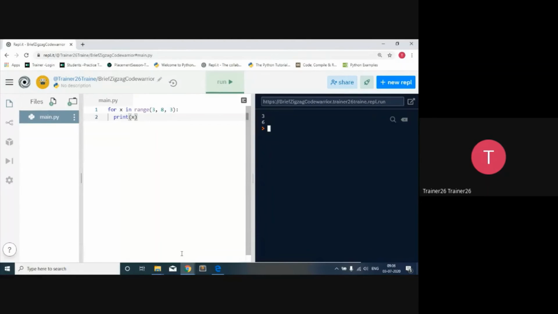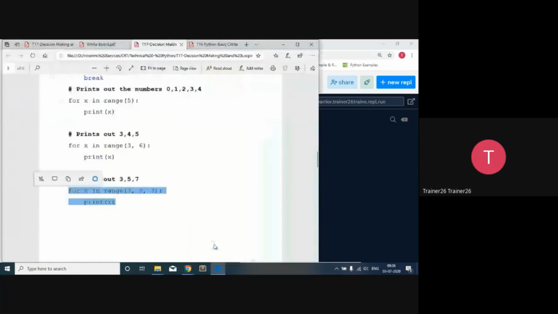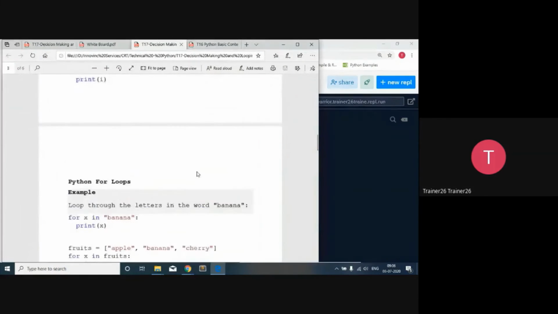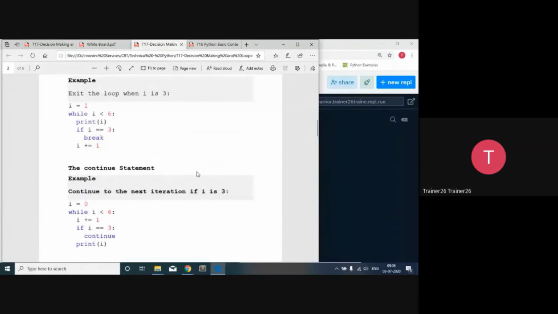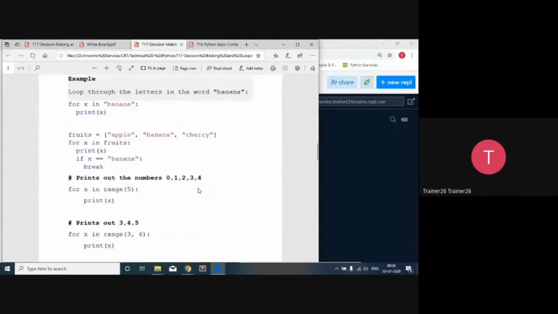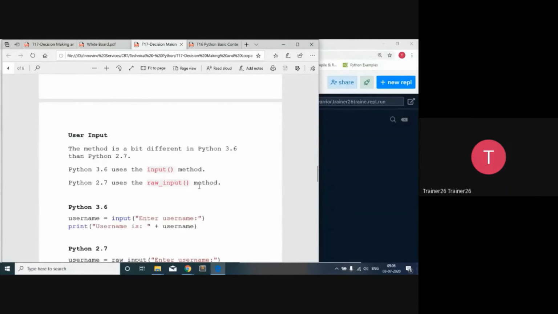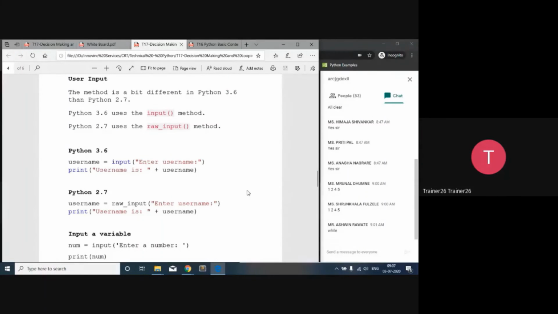So that is the little bit basics about the for loop, while loop, and if conditions. So here we are done with this particular part, that is for loop, while loop, and if condition. If you have a doubt or query, you can ask. Said that, we'll talk about the input mechanisms.